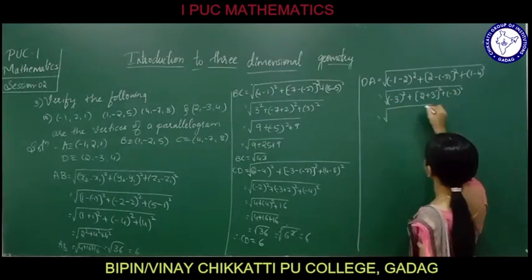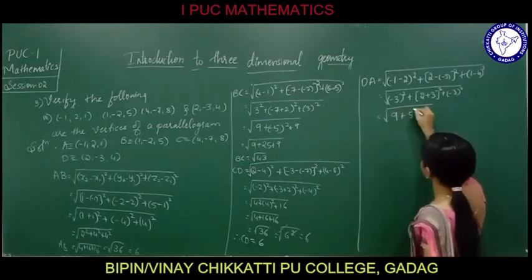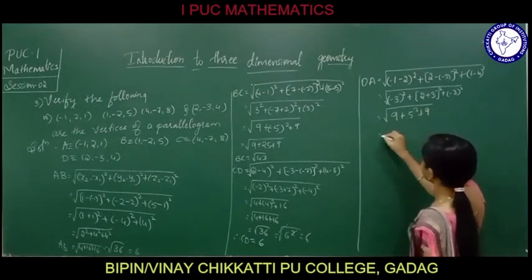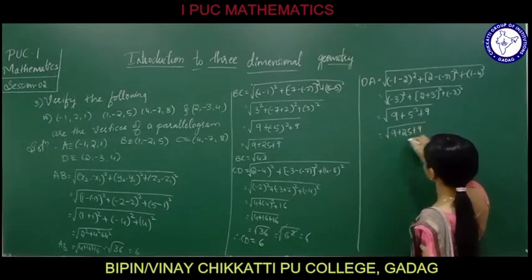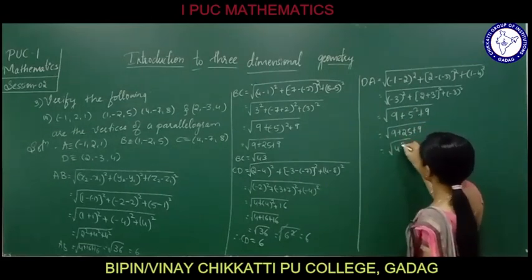I again got here 9 plus 5 square plus 9, nothing but 9 plus 25 plus 9, which is again root of 43,